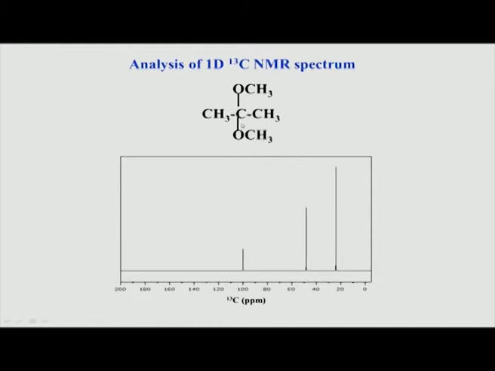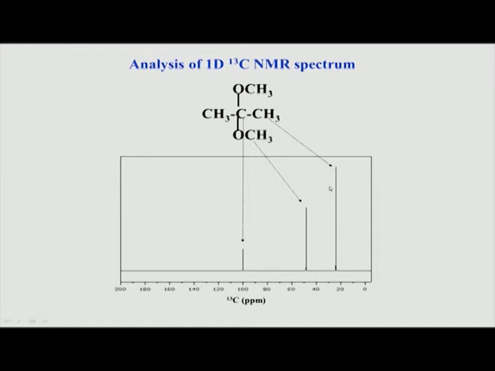And this lone carbon is attached to 2 oxygens. So, if you see, this quaternary carbon is attached to 2 oxygens, and therefore you expect a double inductive effect, and therefore it will be much more downfield shifted compared to this carbon, because this is attached to only 1 oxygen. So, by that logic this will become the quaternary C carbon, and this will be the OCH3, and then what remains, that is upfield shifted, that is a pure methyl, coming at the standard value somewhere between 0 to 25 ppm, and this is what is shown. So, this is the exact assignment which we just discussed.